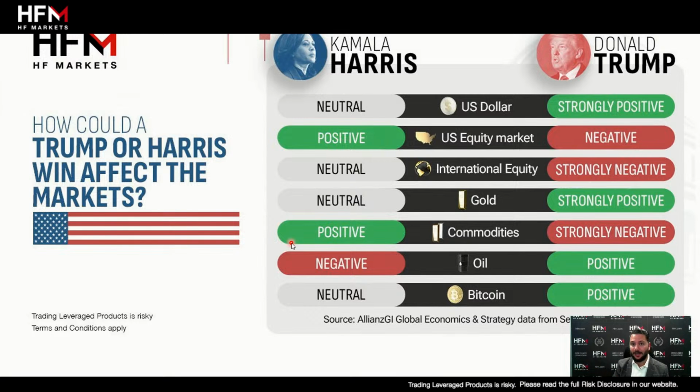Like I said, there's a historian in America, New York based, very well known. People can watch him on YouTube, people can watch him on Google as well. He predicts Kamala Harris. Potentially, this is why the US dollar has been declining over the past 48 hours as well. But if we get a shock, and we get Trump supported and voted, then it's positive for the US dollar. US equity markets, mainly positive for Kamala Harris.